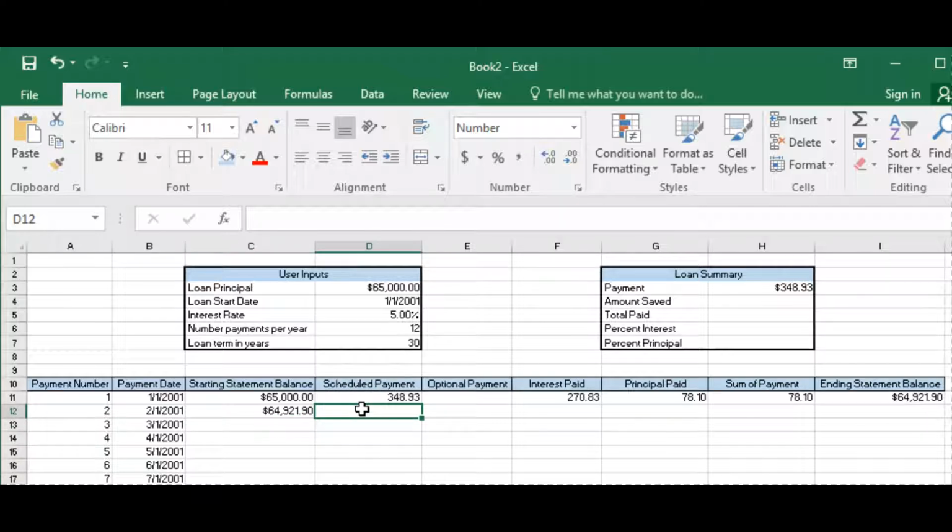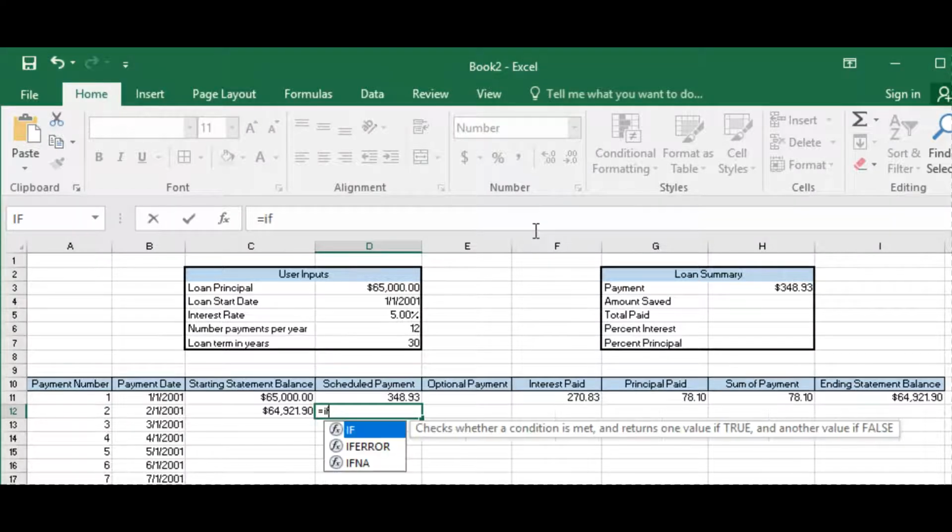All right, scheduled payment. So scheduled payment is almost always going to be the scheduled payment that is calculated. However, if this starting balance is ever less than the scheduled payment, we're not responsible for the entire scheduled payment. So the scheduled payment is going to equal something, and it's going to be dependent. So the scheduled payment, rather, is going to be IF